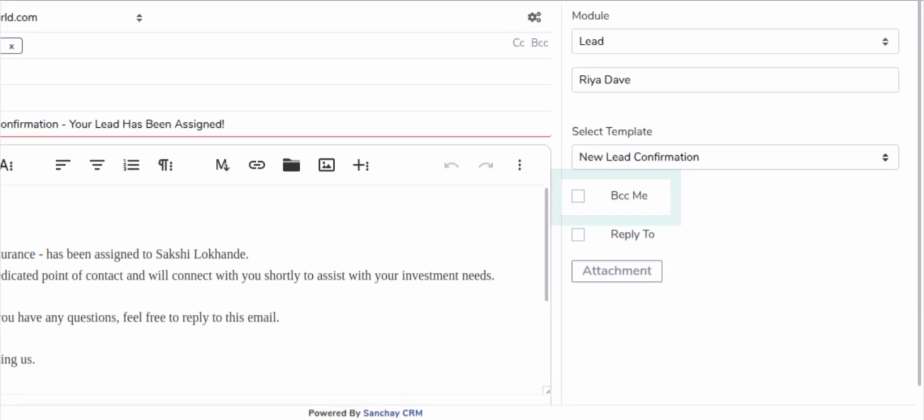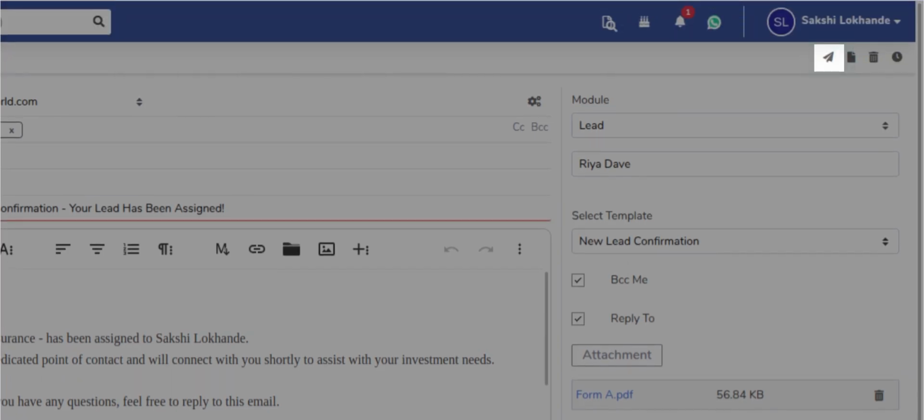You can edit and format the email from here. Now you can use the checkboxes below for the final settings like BCC me if you want to receive a copy of this email, reply to if you want to set the email reply address, attachments if you want to add files manually using the clip icon, or let the template handle it if it includes any preset files like this.